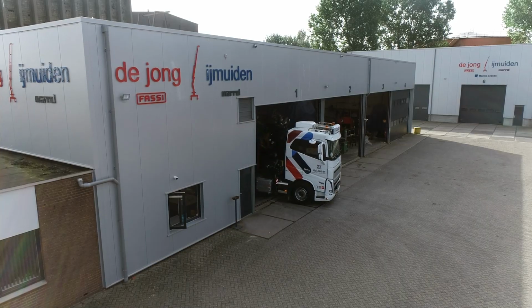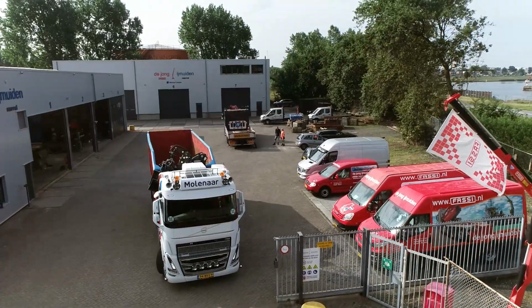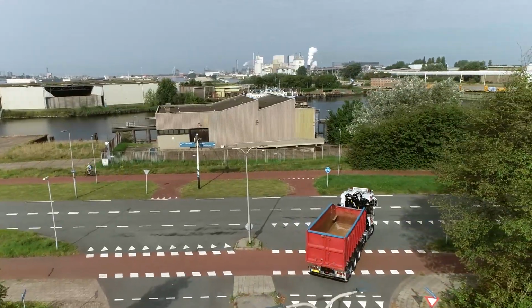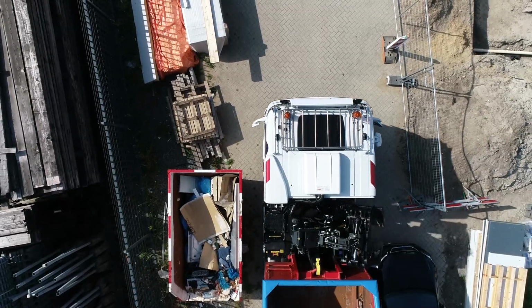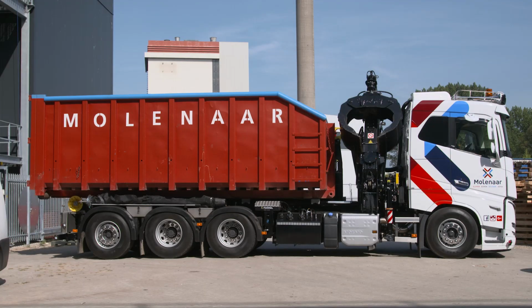Today is an important day. The first setup to feature the new Fassi F245AZ crane leaves the workshop of the Fassi dealer importer in Holland in Velsen Noord, the company De Jong & Mouden. This first F245AZ, including a Marrel hooklift AL26-S, has been sold and mounted by De Jong's dealer Van der Hoos